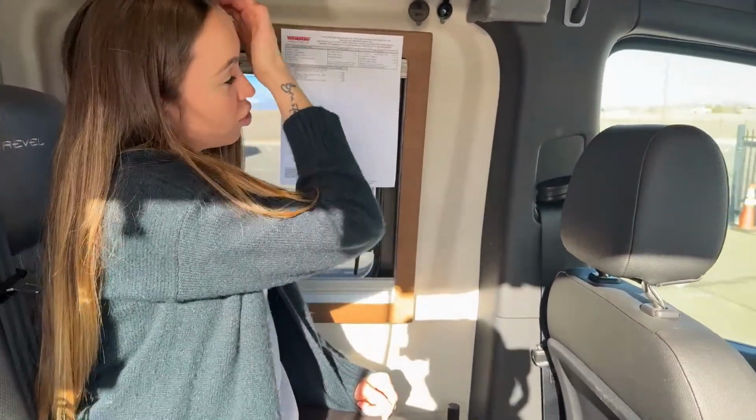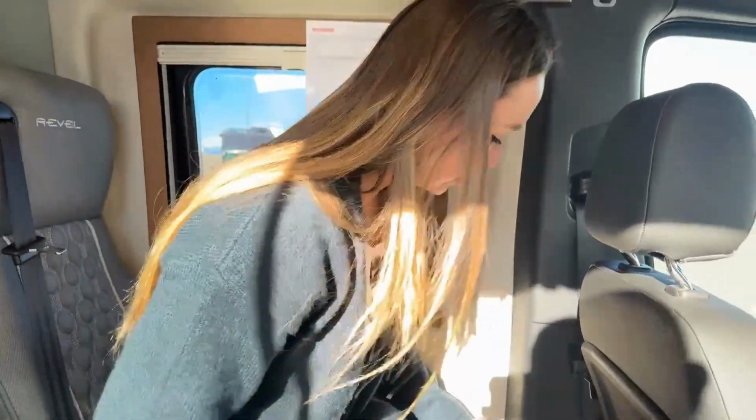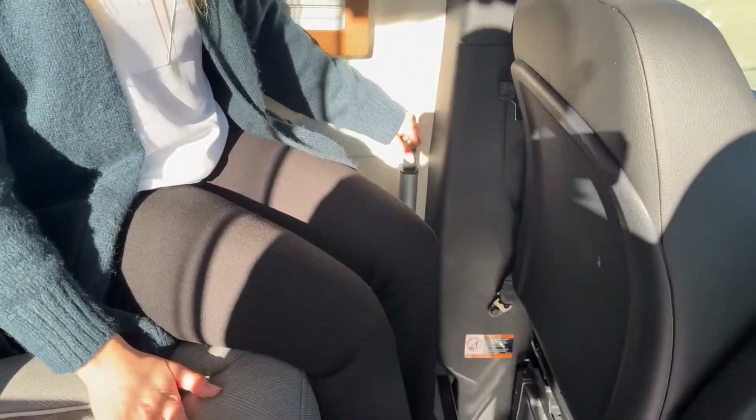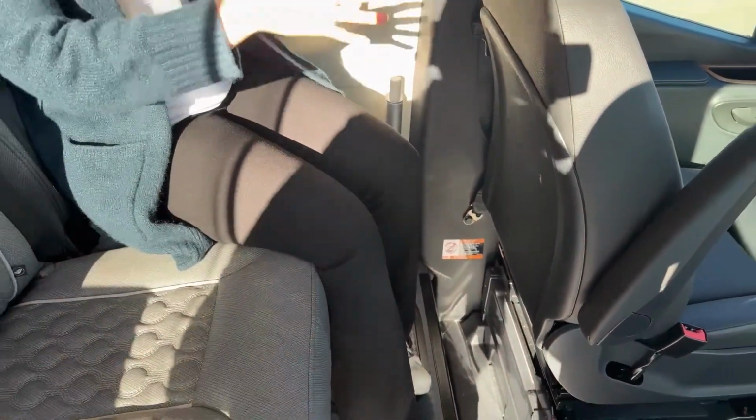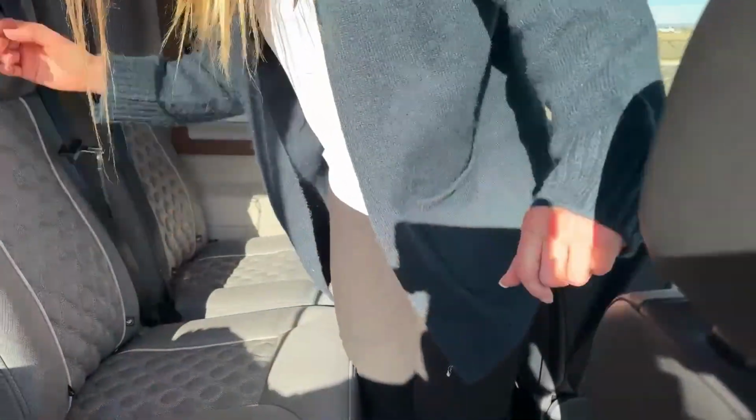We do have some more charging right over here as well. And then this is just a little leg here for one of the tables. So if you wanted a table while you're going down the road, or you had this chair swiveled and you kind of want to sit right here to have some lunch, you have the option of doing that as well. Now I'm gonna go ahead and